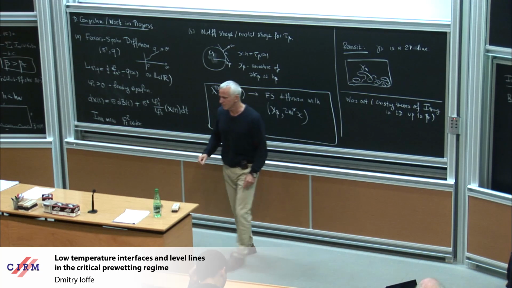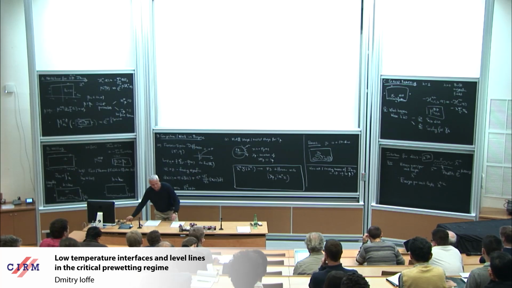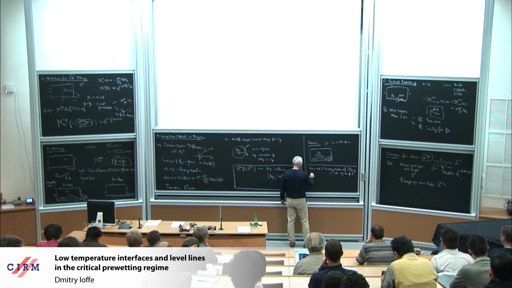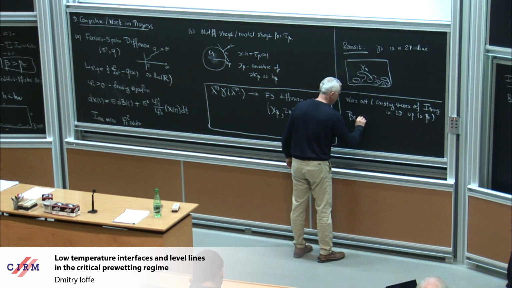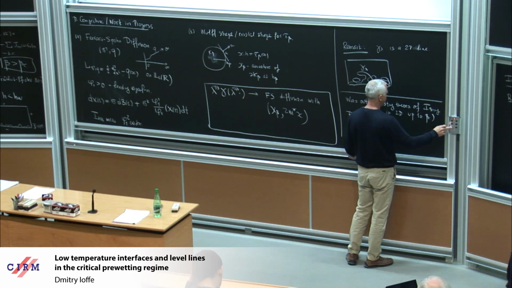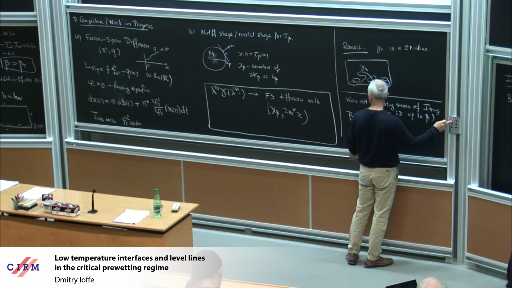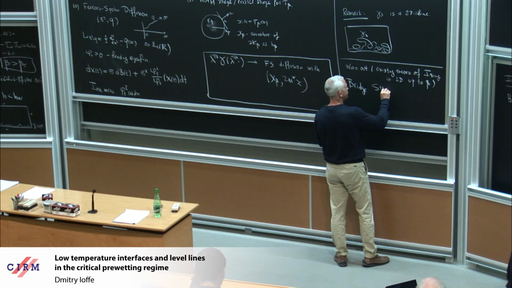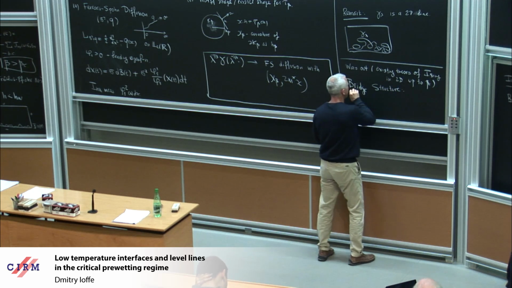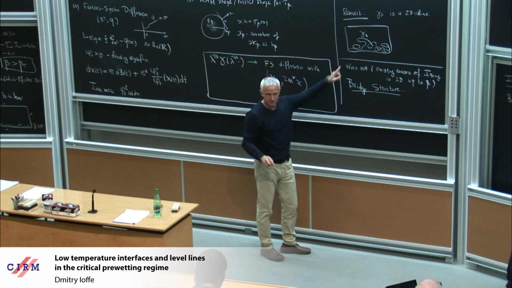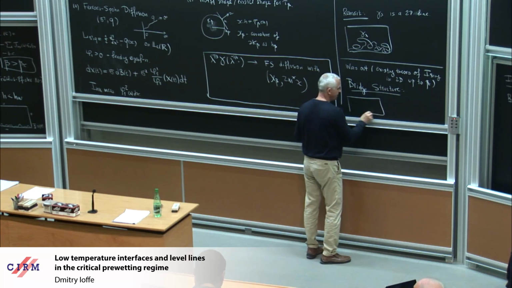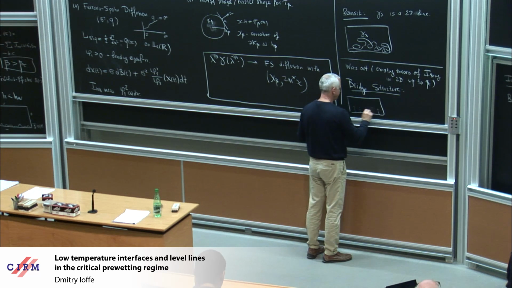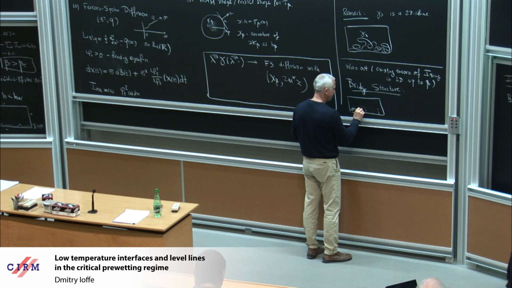The way out is that Ising interfaces really have a kind of bridge structure. Bridge structure means that the interface never looks like that. The typical interface looks like that. You can do something, but then it's